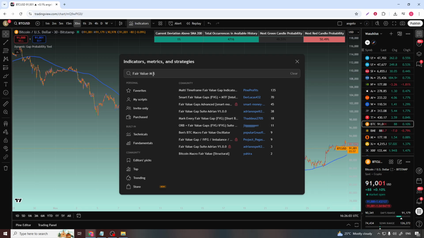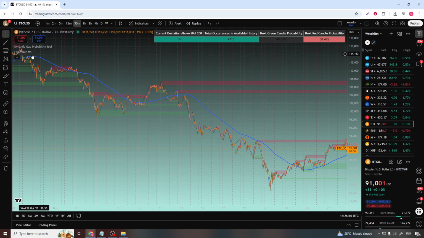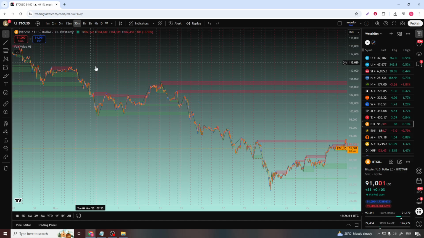Take a moment to look through the list that appears. You should see an indicator called something like Fair Value MS, or very close to that name. Make sure you're selecting the one that matches what you're looking for. When you see it in the list, simply click on it once. TradingView will immediately add it to your active chart and you'll see the Fair Value MS tool appear over your